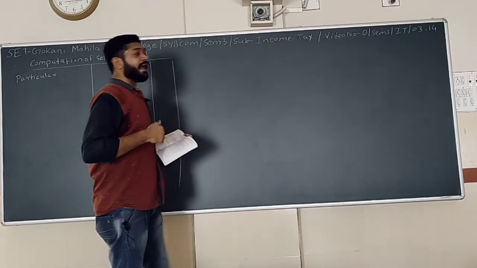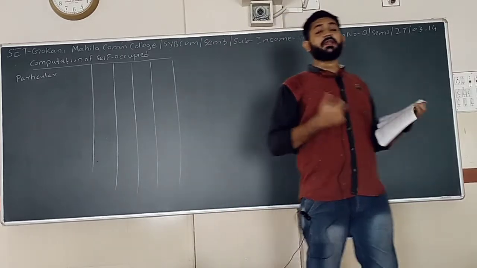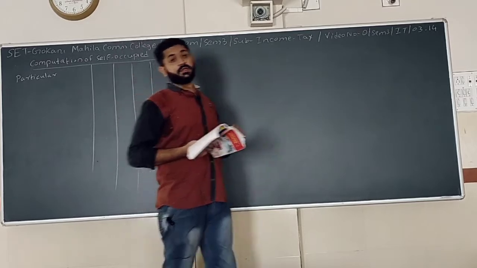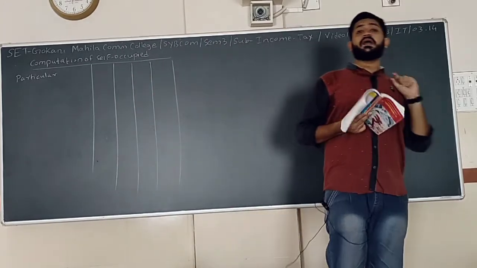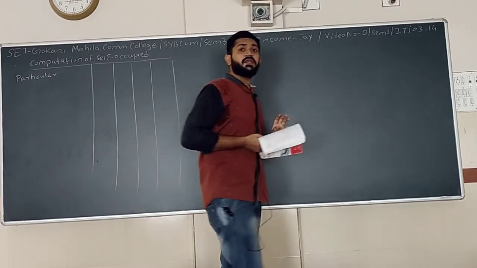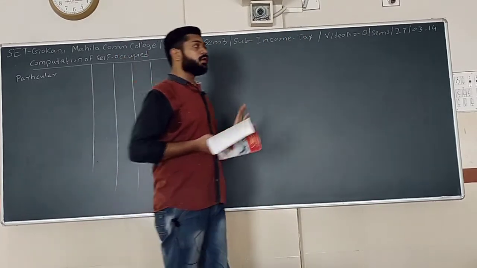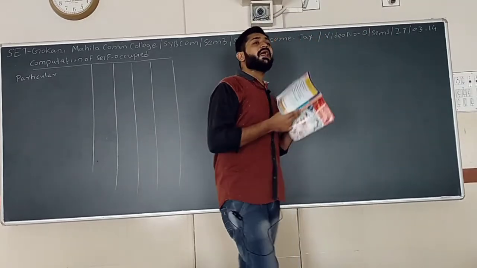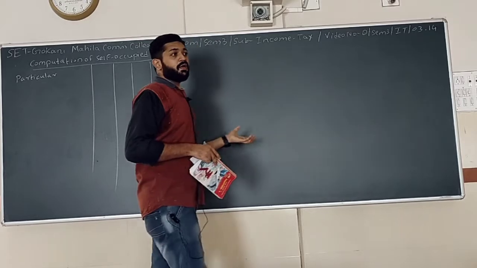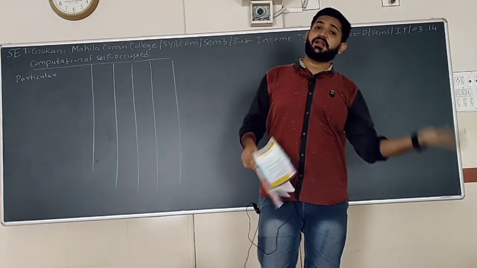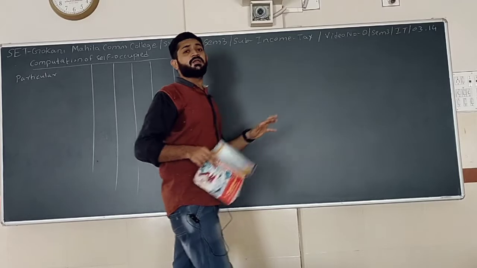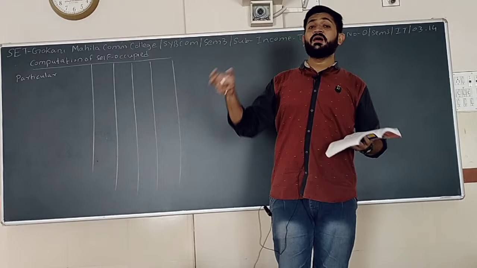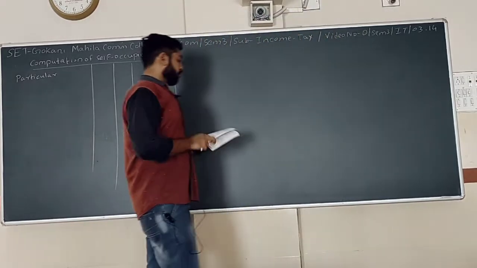So while we are calculating the self-occupied, according to section 23 subsection 2a, the NAV, that is net annual value of the house, is nil. So here we are not going to calculate the municipal value, or compare with the fair rent. After that we are not going to calculate with the standard rent. So all those things we are going to do in the deemed let out, not in the self occupied.